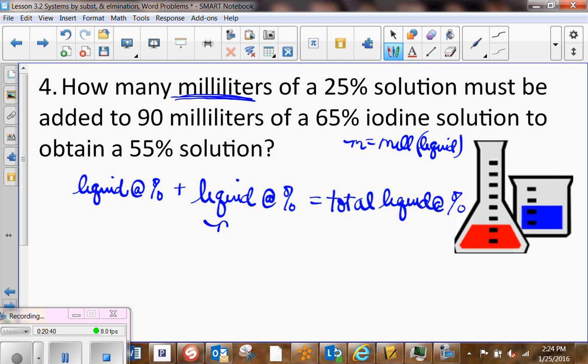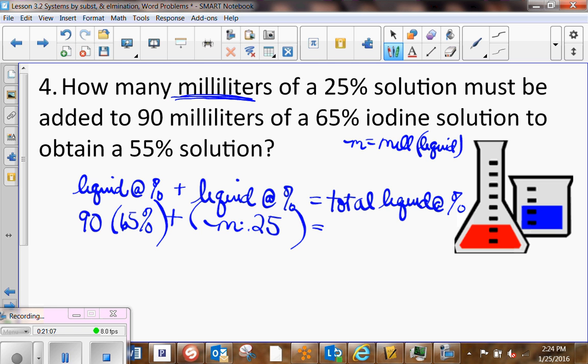So I've got M liquid, because I don't know what it is, at 25%, so I'm going to multiply times 0.25. That's that middle one. How much of that must be added to 90 milliliters, that's the amount of liquid, at 65%, in order to get